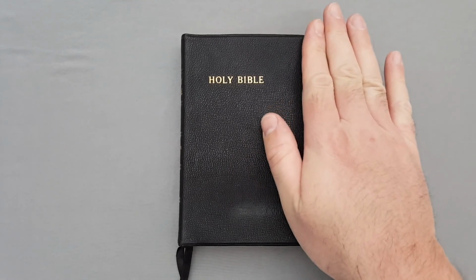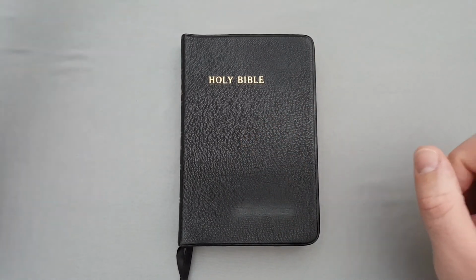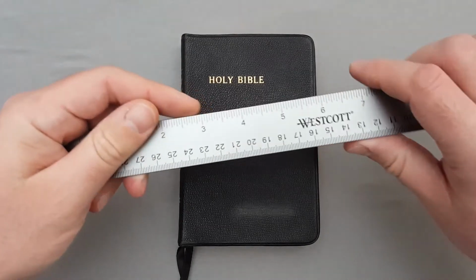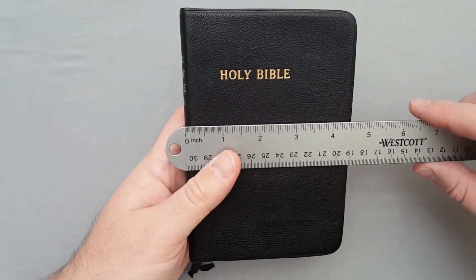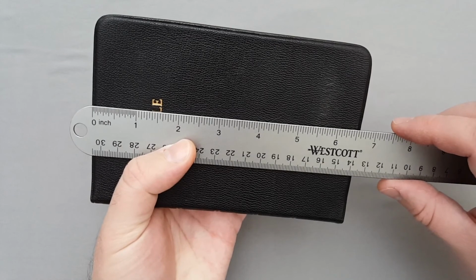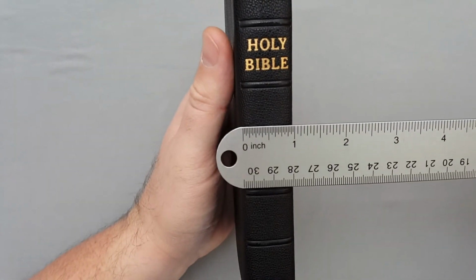You can see here that it's quite a bit smaller than my hand. I guess some might consider that a hand-sized Bible, but my hands are size large, so a little smaller than mine. I guess maybe an average hand or a medium-sized hand would be about hand size. But I'll give you the measurements here out the gate, just because its size is really what makes it so unique. And it's right about 4.5 inches wide, and about 6 5/8 inches tall,